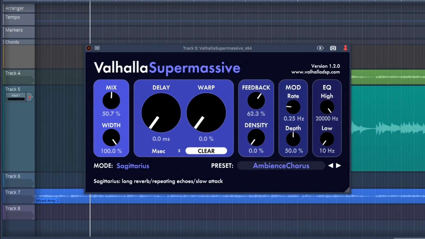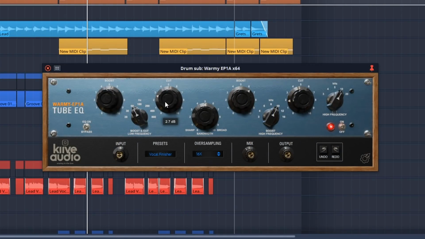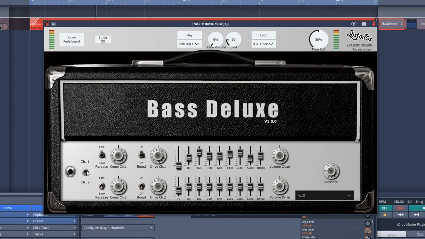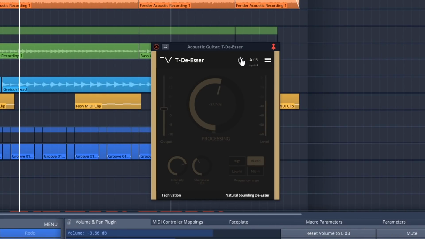Alright, now let's look at my top 10 free plugins from this list. And these are the ones that I would download first if you're not going to download all of them. There's Valhalla Supermassive Reverb, the Warmy EP1A EQ, Amplitude Custom Shop, Lost in 70s Bass Deluxe, Techovation TDSer, the Contact